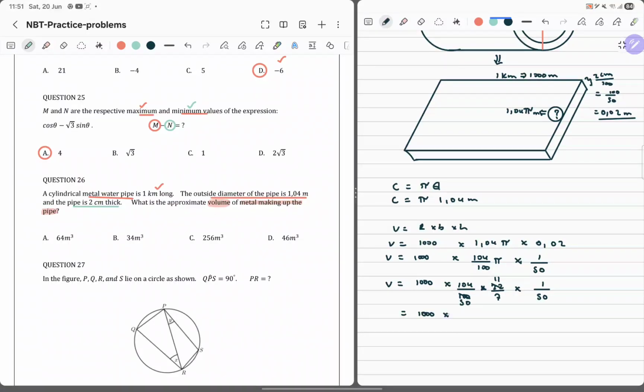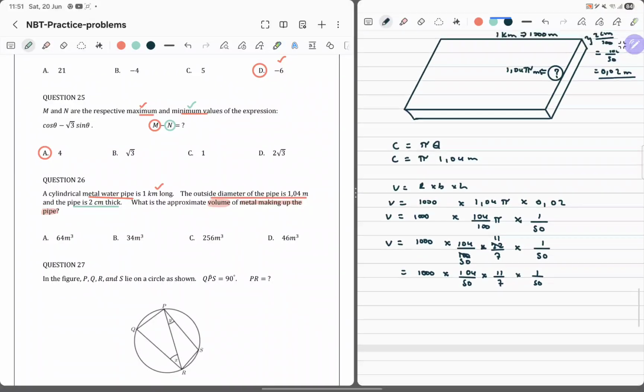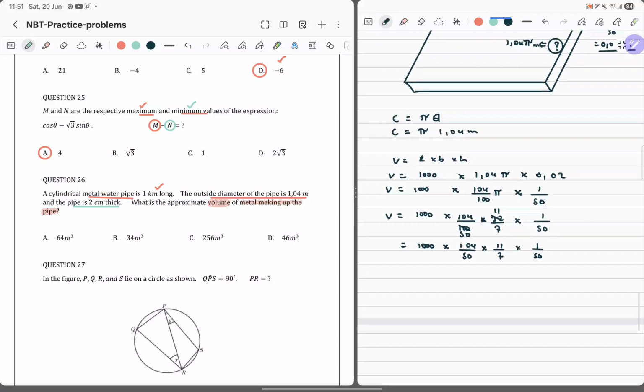Right, so this is 104/50 times 11/7 times 1/50. See, I'm already writing something wrong here. 104. Okay, I'm worried about my spice. My spice